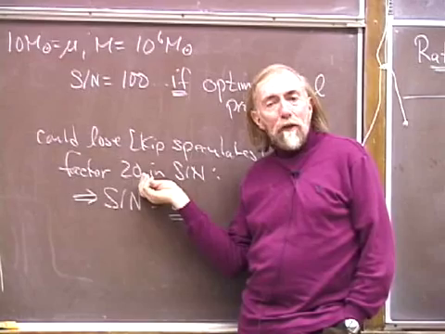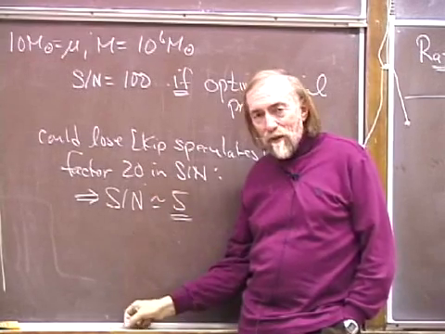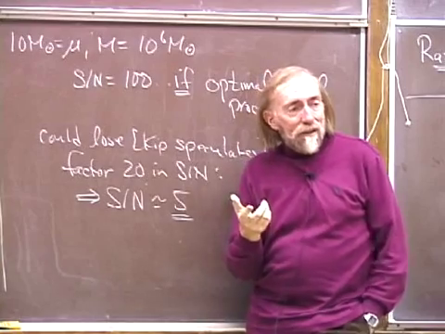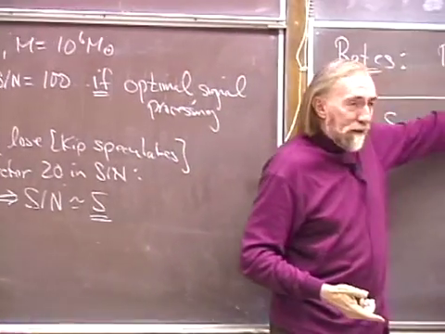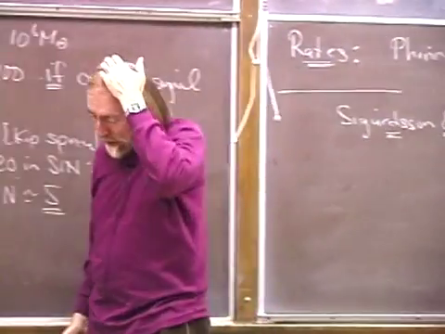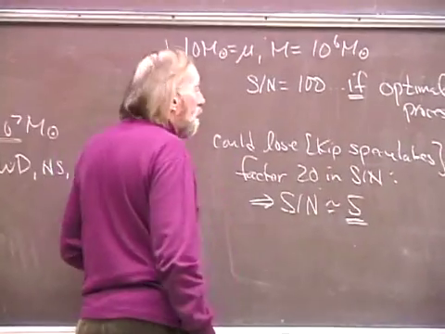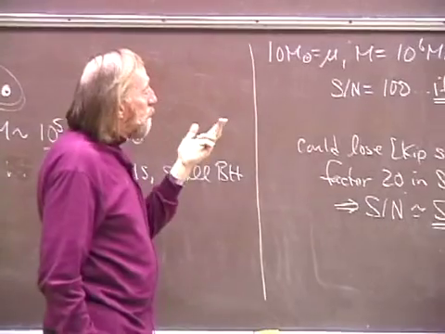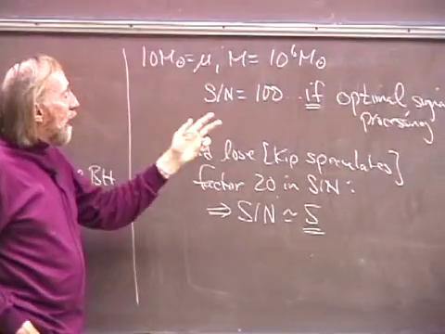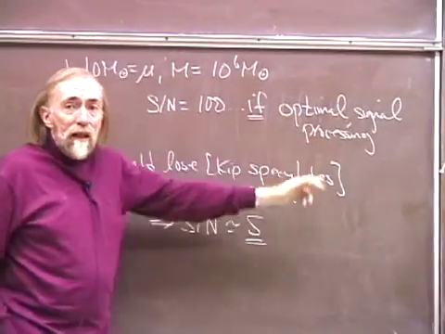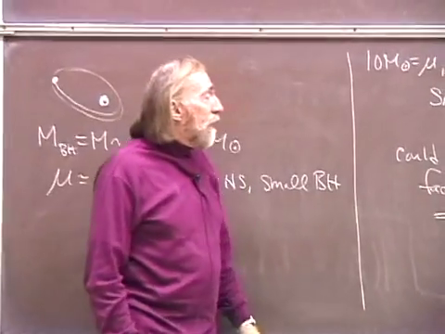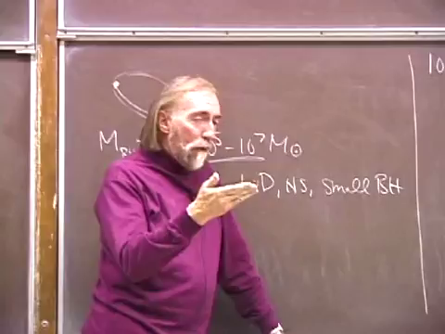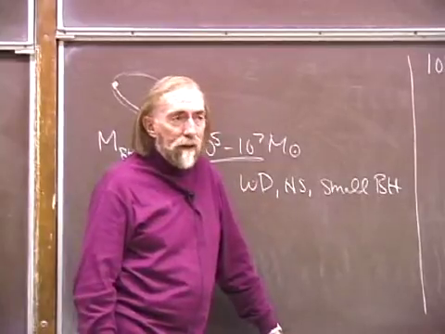So there are really 3 issues that need to be understood as best we can by December 2003. One is the event rates. We have these 2 different estimates arrived at in different ways. The event rates, the loss of signal-to-noise due to not being able to do optimal signal processing, and the loss of signal-to-noise due to the difficulty of finding the signals in the background of other sources. And all 3 have got